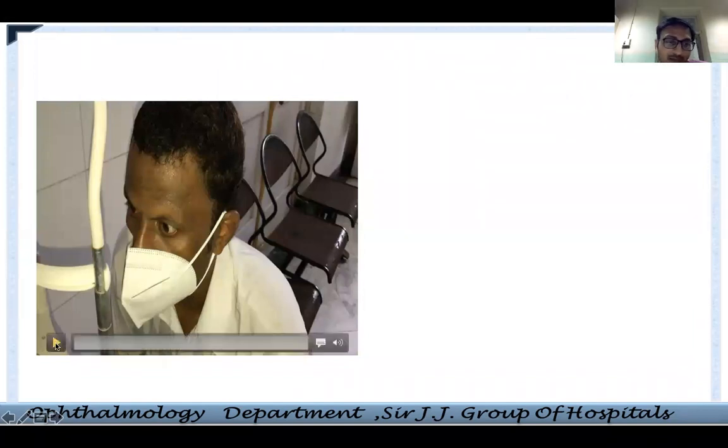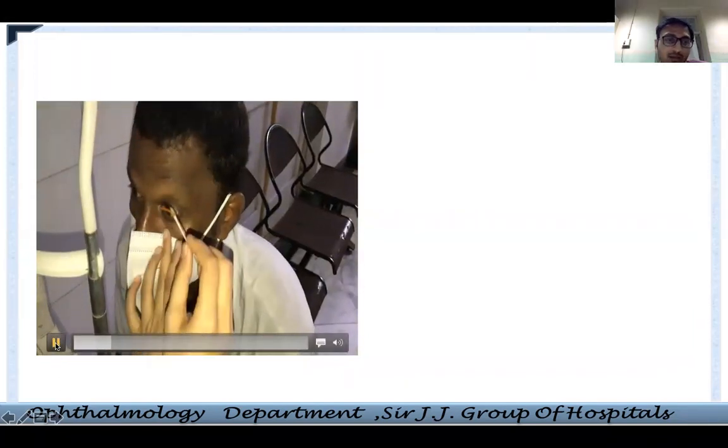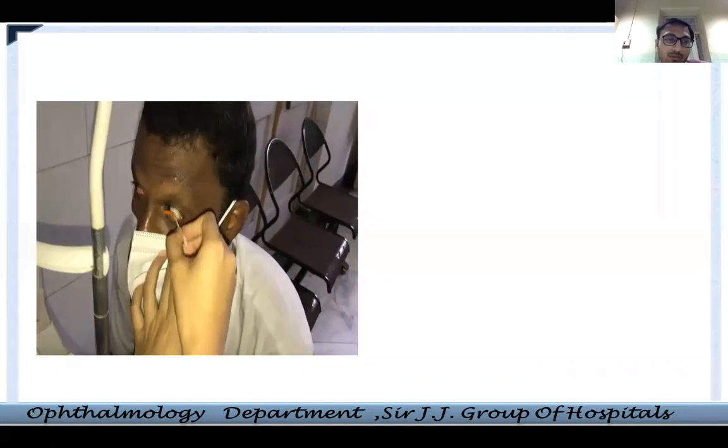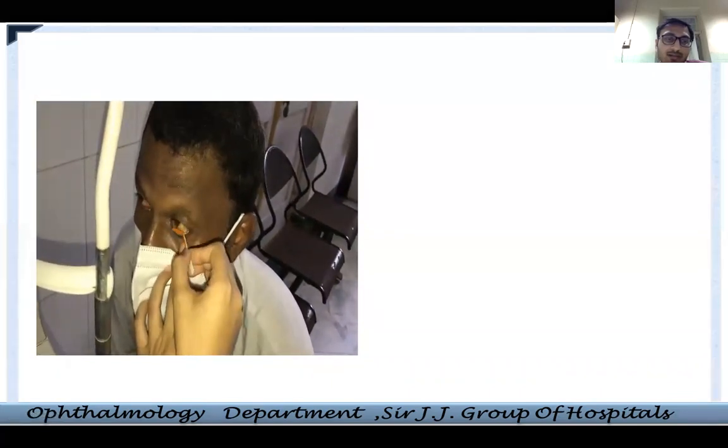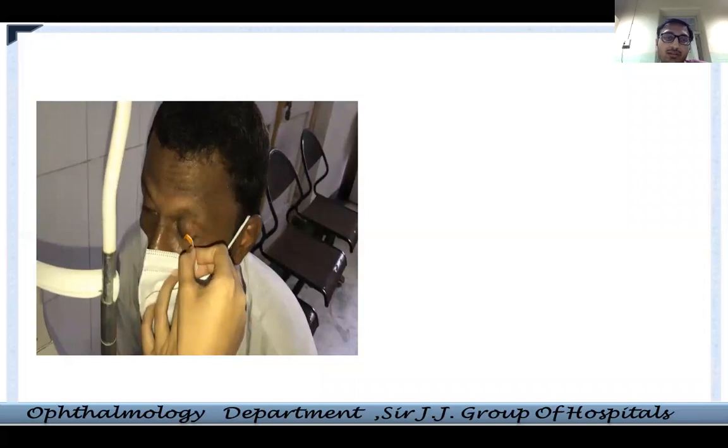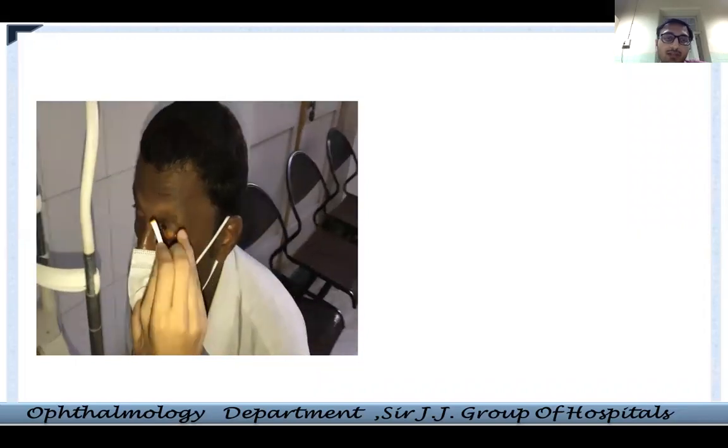Now see, this is another video, and this is the most disastrous way of trying to stain an ocular surface. You are sitting far away from the patient and you are not getting how to stain, and you are basically rubbing your fluorescein strip on the patient's eye. This is not going to give you any yield out of your procedure, and the patient is again going to be uncomfortable. So this is the wrong way of doing it.